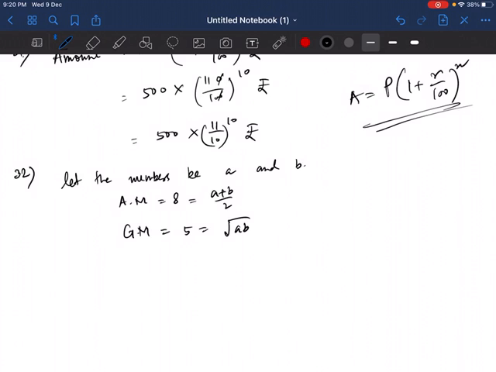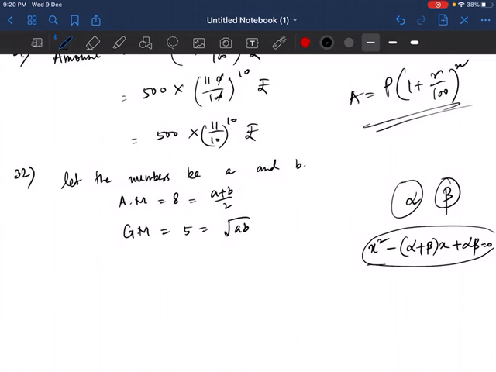Right? Now, so they said that these two are the roots of the quadratic equation. AM and GM are root of the quadratic equation, and you have to find that quadratic equation. Now it's a quadratic equation question. So if you have two roots, alpha and beta, how to form the quadratic equation? The way to form is, all you have to do is x square minus alpha plus beta x plus alpha into beta is equal to 0. This is how we found quadratic equation, when we know the roots of the quadratic equation.